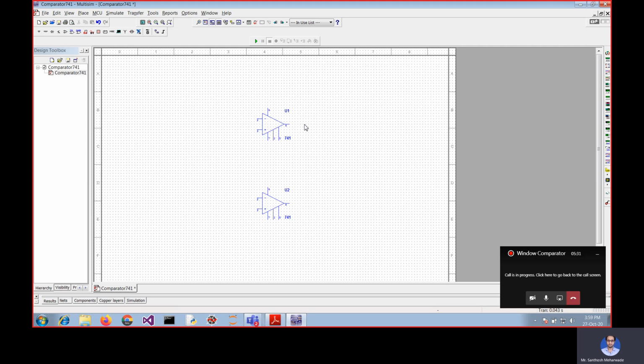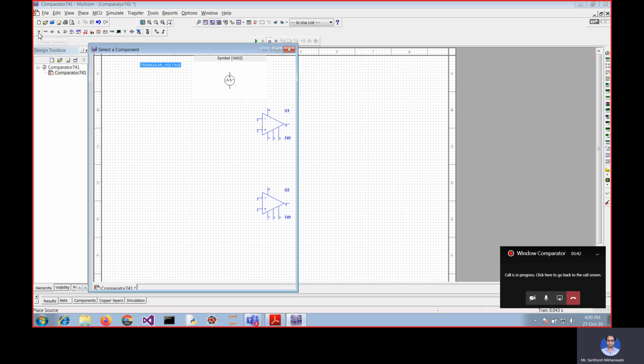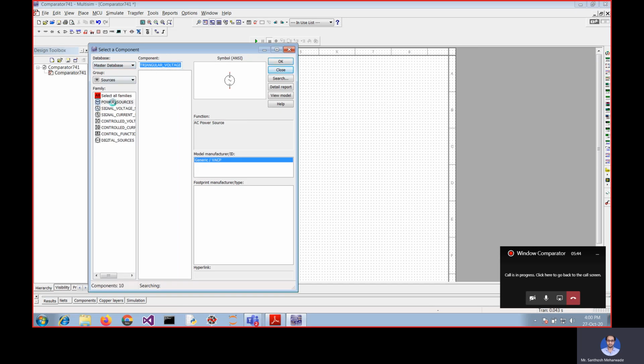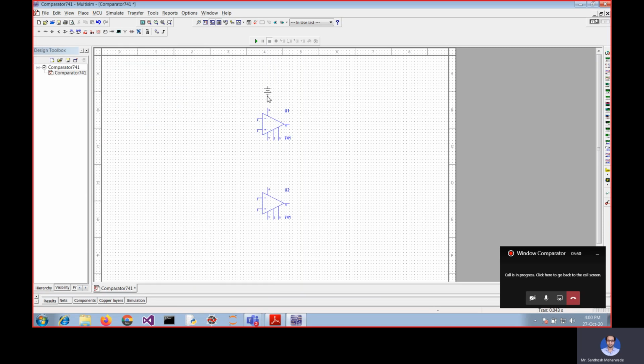Now the next step is we have to apply the potential for these two 741s. So again I will go to place source, and within that I will go for power source. Here DC power is there. I will click OK, and I am going to keep it over like this.